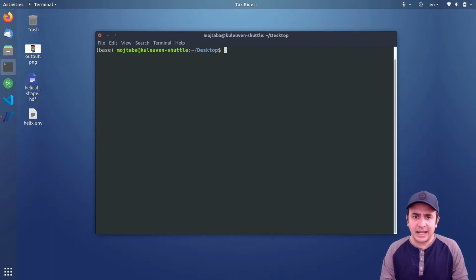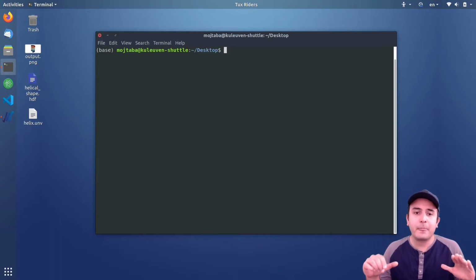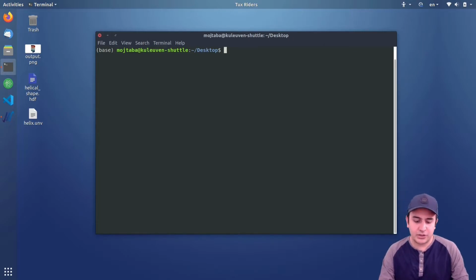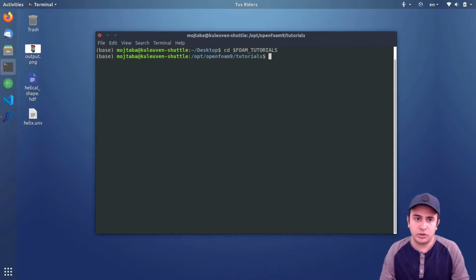So as I said, we need to copy one of the examples in the OpenFOAM tutorial, as I showed you in the previous video, in the installation video, and then that can be the starting point for us, so that we don't need to start from scratch. Let me go to the OpenFOAM tutorial directory. So as I showed you, it is OpenFOAM tutorials, and then I told you that here you can find